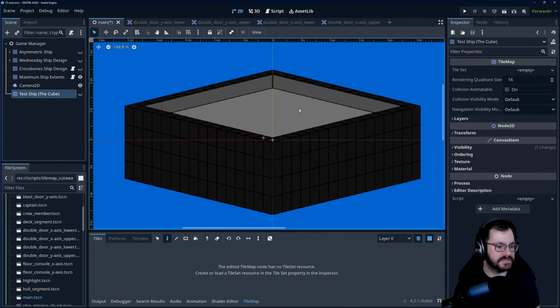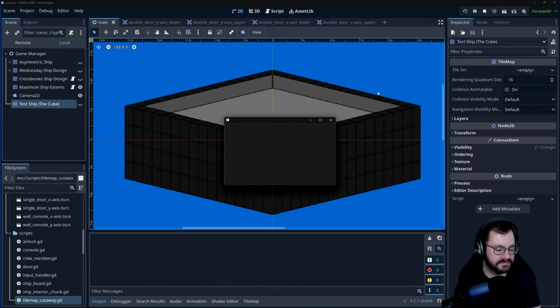So these are our maximum extents here. We can kind of see